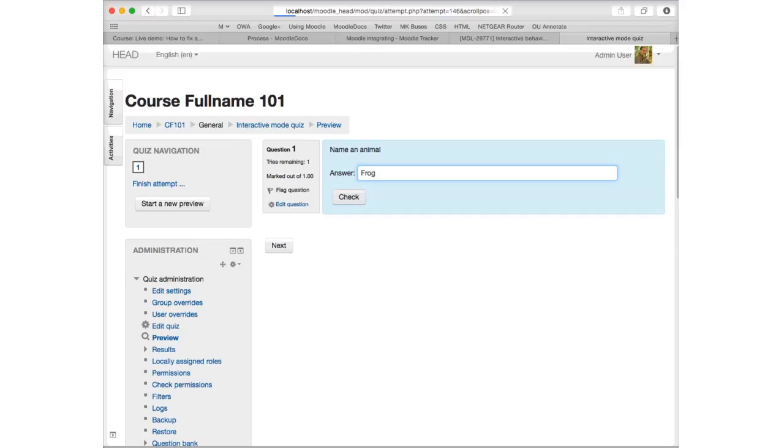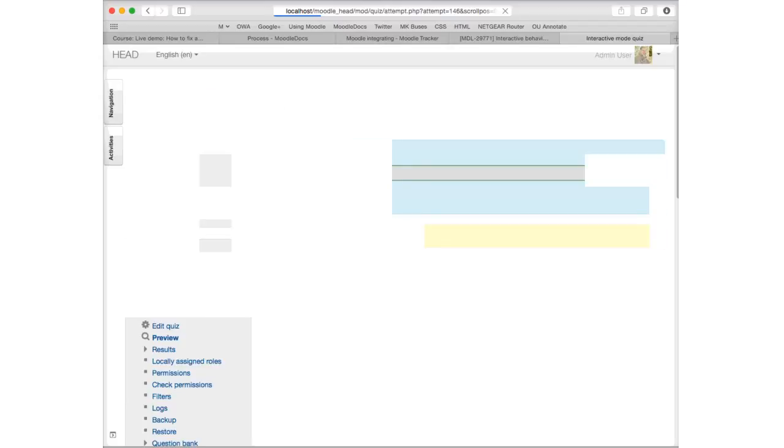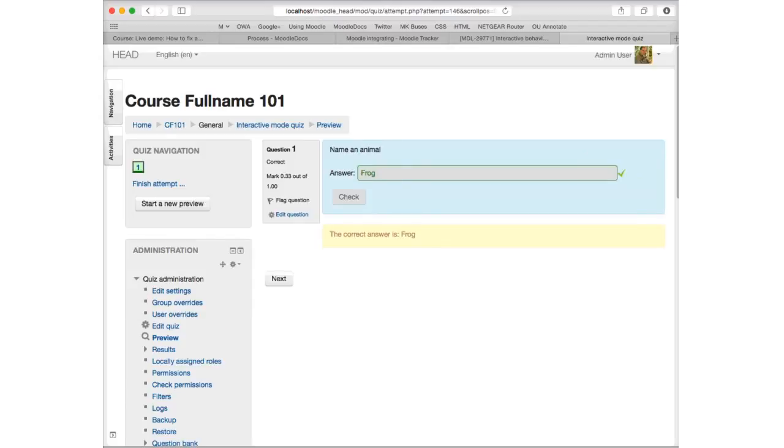Now, all my test questions, my colleague Sam Marshall is to blame for this, but all my test questions, the right answer is frog. So there we go. So we got it right on the 3rd try, so we only get a 1/3 of the marks, and we finally got it right. But if we start this again,